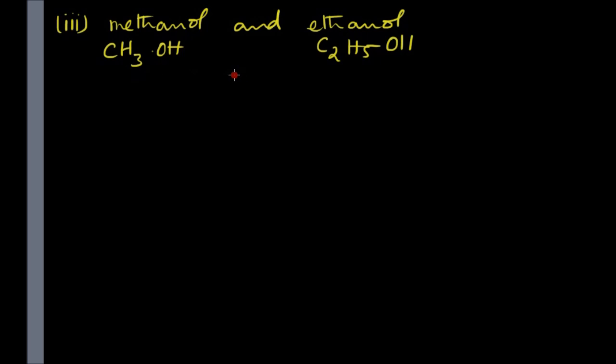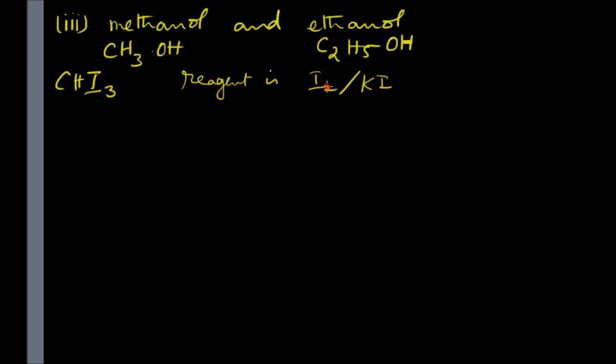Both are primary alcohols. So we cannot perform any of the characteristic reactions of alcohols. We have to choose a test in which only one of the two answers positively. Here we will use the information that ethanol is the only primary alcohol which gives a positive answer for the iodoform test. And what is the iodoform test? It is the formation of iodoform, CHI3, when you use the organic compound with the reagent iodine and alkali. Reagent is iodine solution, iodine in KI,